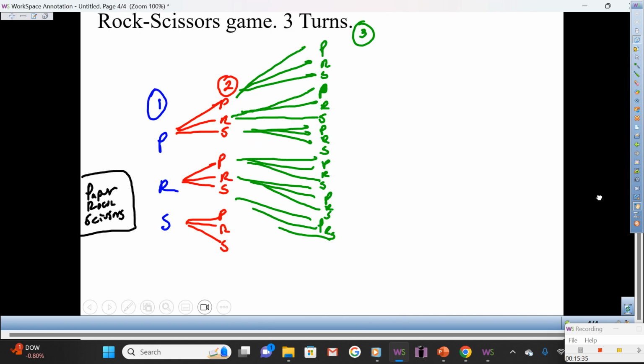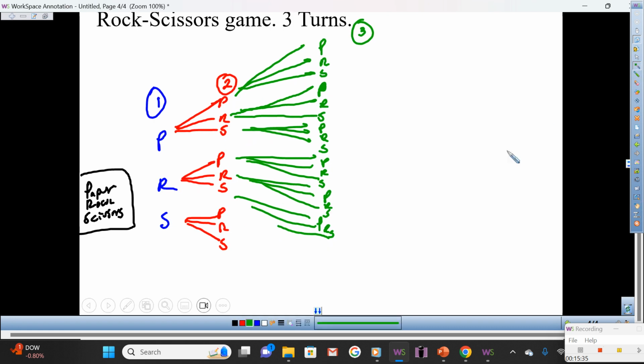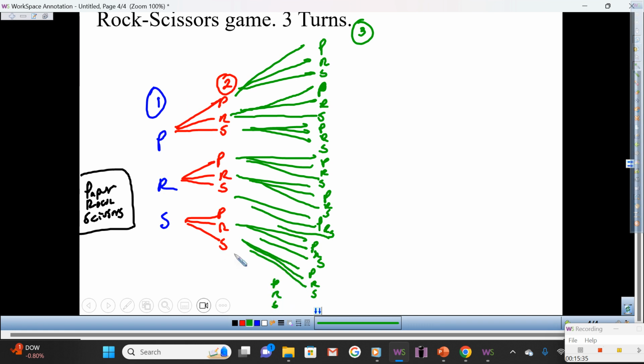And I'm running out of room. Let's see. Paper, rock, scissors. Paper, rock, scissors. And paper, rock, scissors. So,